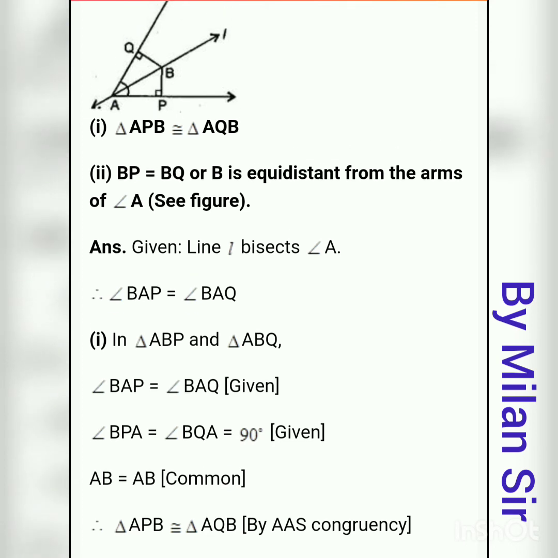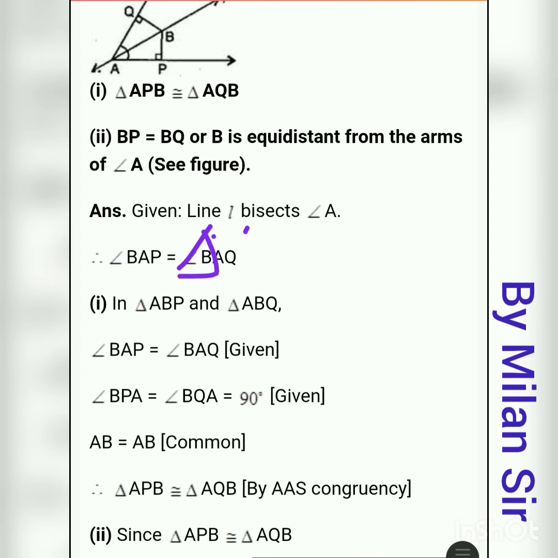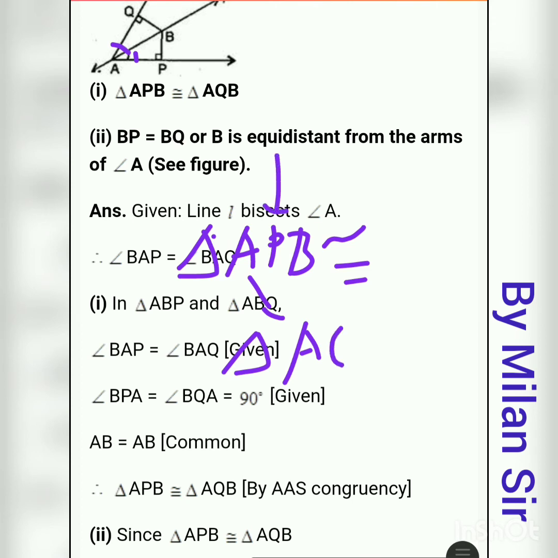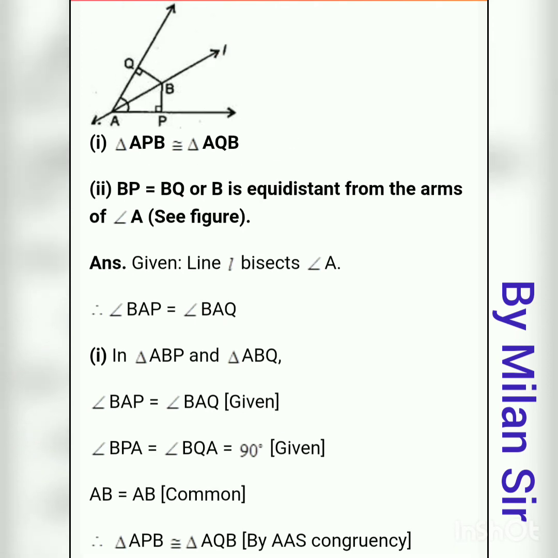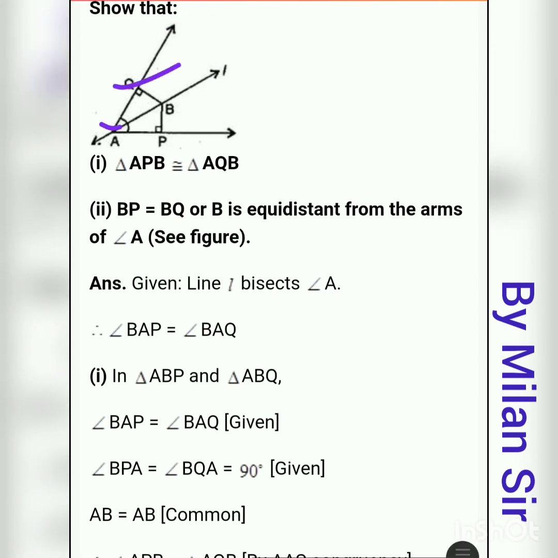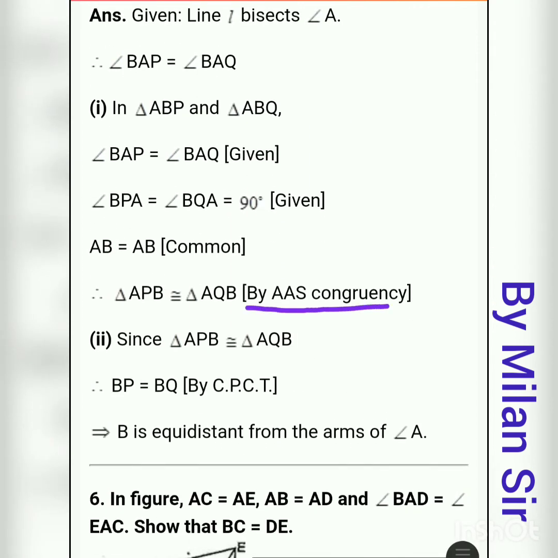So by using these three things, we can write triangle APB. First of all, write down triangle APB randomly. Now we need to arrange this. Angle A is equal with the angle A, right? So at first position, we need to write A. Now angle P is 90 degree, and angle Q is 90 degree, so second position Q, and third thing it is B. So APB is congruent to AQB. And the rule is angle side, so write down the reason: by angle side congruency.